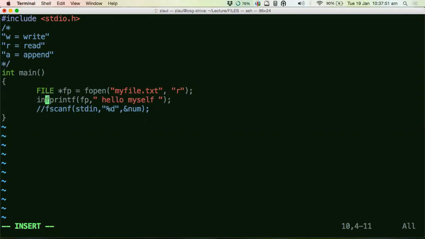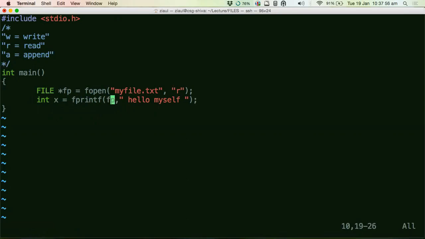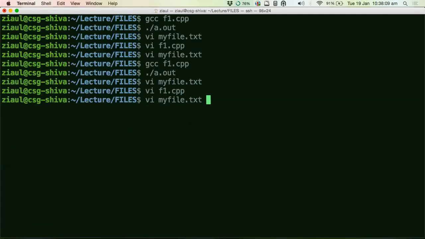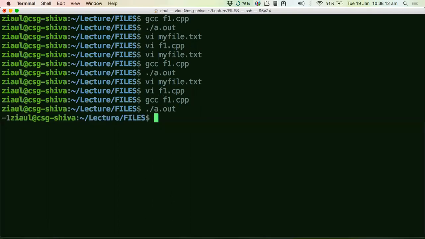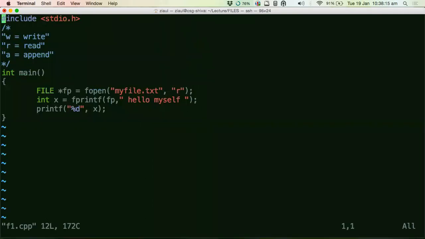So how do you verify this? Tell me, guys, fast, how do you verify if fprintf was successful or not? Guys, don't sleep on me, man. Come on, respond. Let's see what happens here. See, I get a -1. Why do I get a -1? Because if fprintf did not work properly, it gives you a -1 value. Why did it not work properly? Because you have set a read mode here, and you're trying to do a write. That's the first thing.